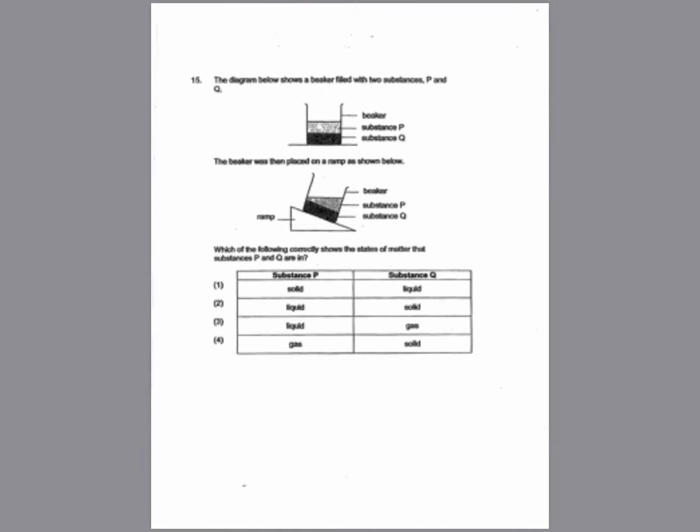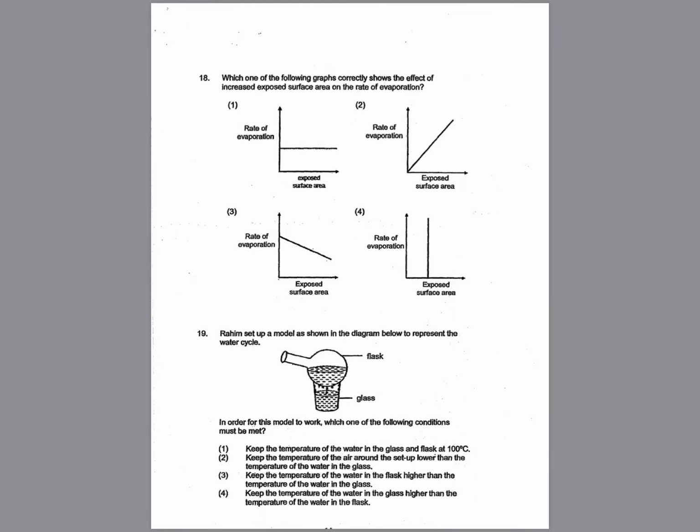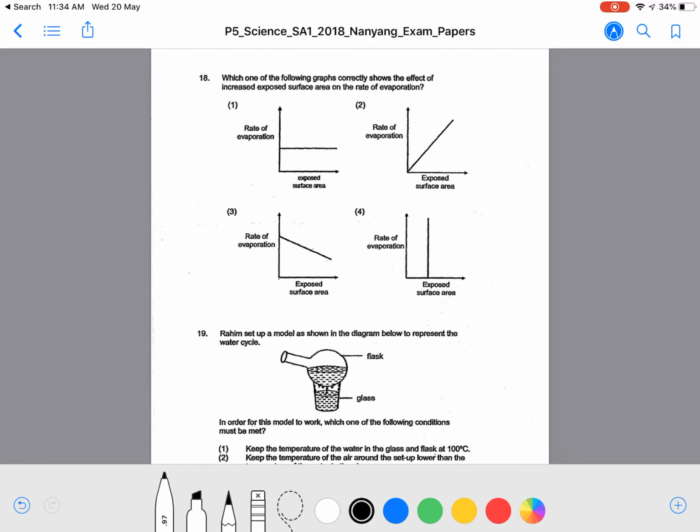Next question, it would be 18. As the exposed surface area increases, this is an increasing graph. So as the exposed surface area increases, the rate of evaporation will increase. So the answer is number 2, because you see,